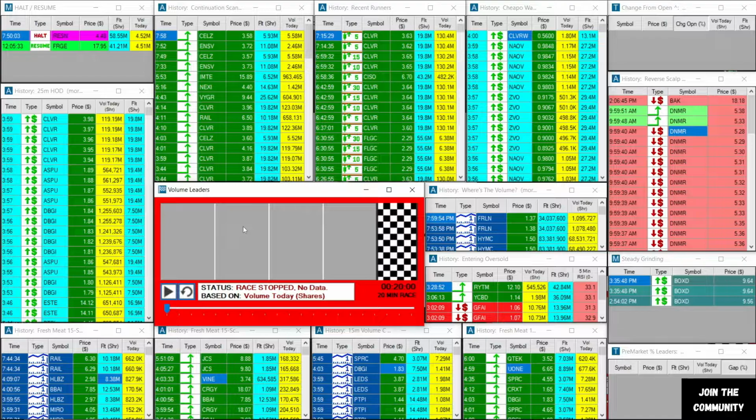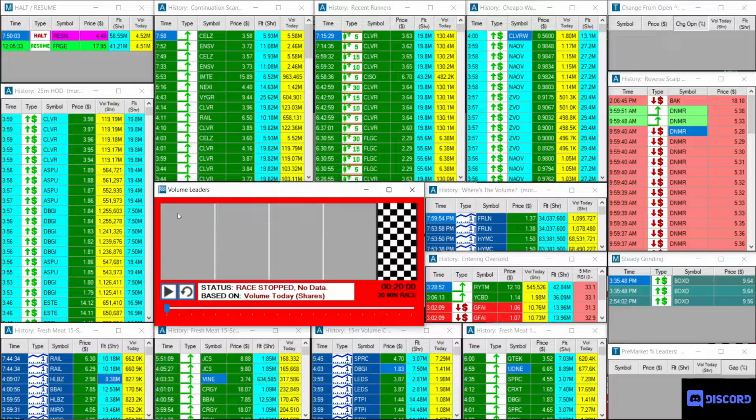Here in the middle, we have our volume leaders race. This one's pretty cool because it's visually going to show us 5 different race cars that are racing to the finish line, and it's based on volume. So it's basically another way to see a graph. It's just another way to identify volume into the market. This one I have designed for the last 20 minutes of the market. So you'll see the race cars going, and whatever race car is in the lead is the lead in volume. So it's pretty cool because it's simple, but it's aesthetically pleasing, where we can quickly glance over and say,